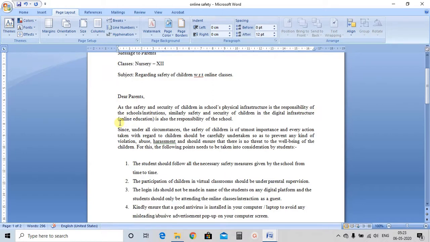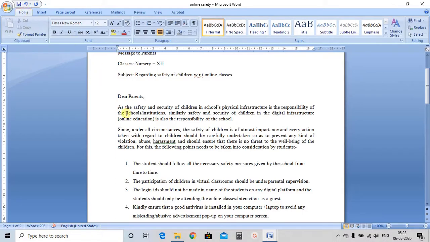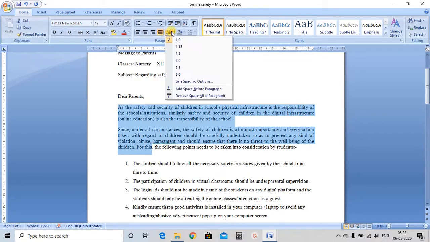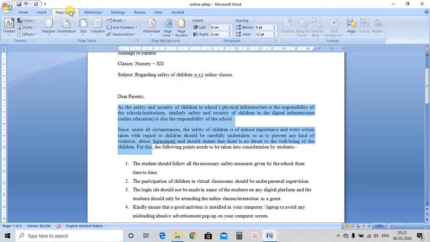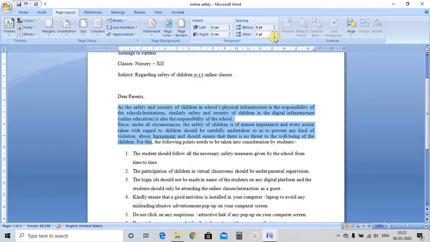Sometimes you want no space, but you don't know how to remove it. Just select the paragraph, because this is paragraph spacing, you cannot easily remove it. Go to page layout, and in the spacing just reduce it to 0, so there will be no space between the paragraphs.